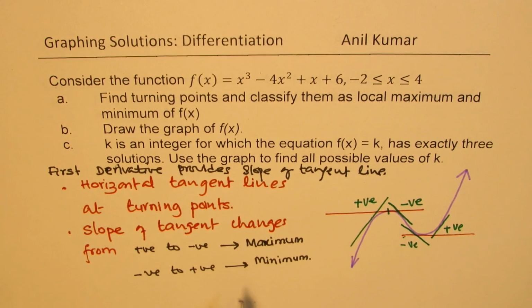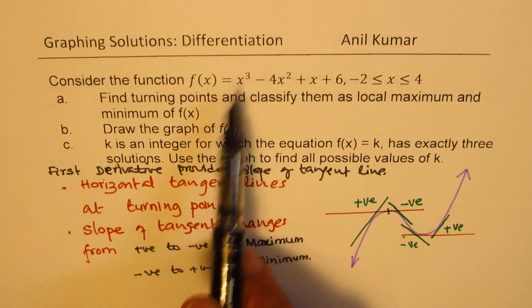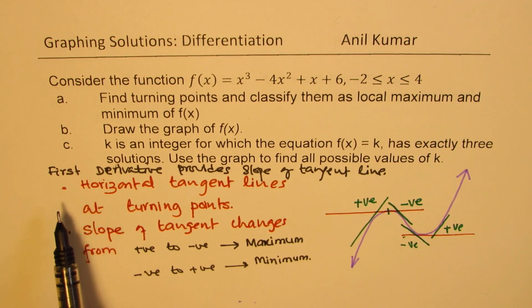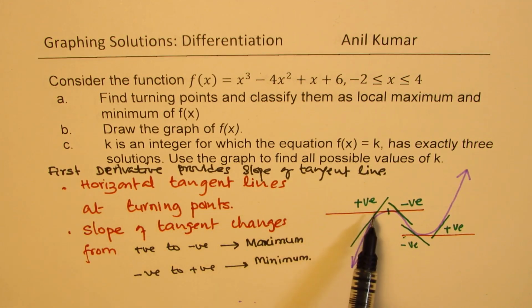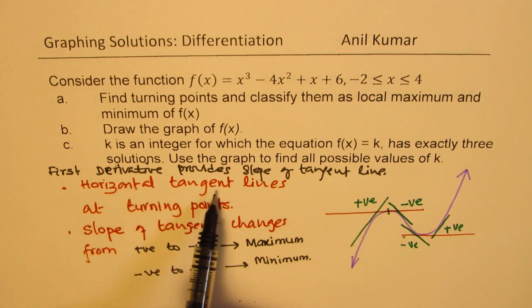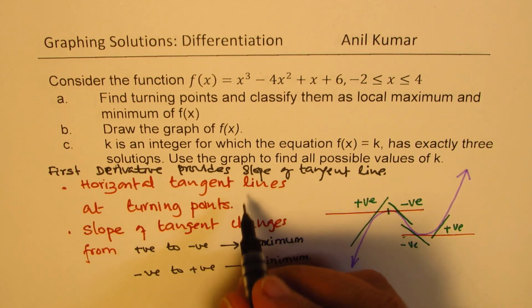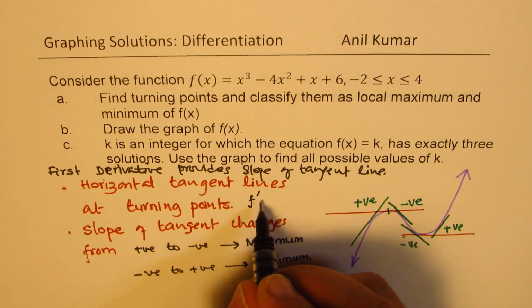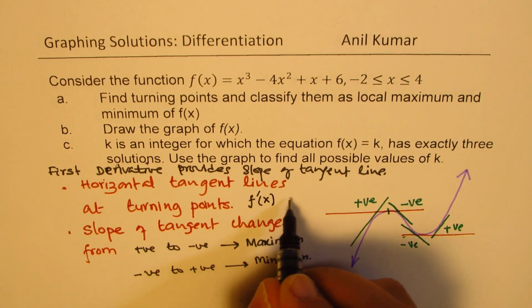So coming back to the question, to find the turning points, we need to first find the first derivative. And for turning points to be located, this first derivative should be 0. So horizontal tangent line means we'll say that the first derivative, which we write f dash x, should be equal